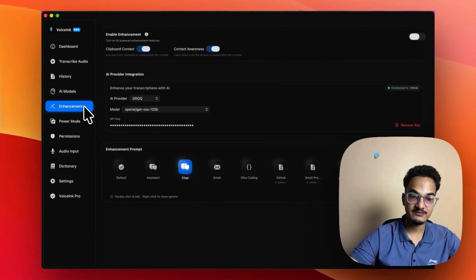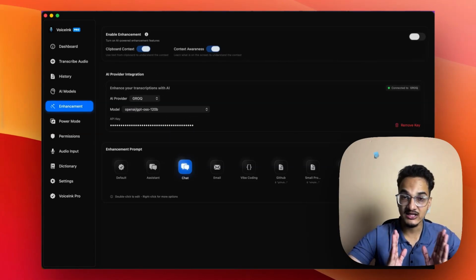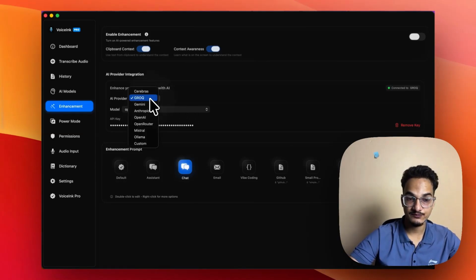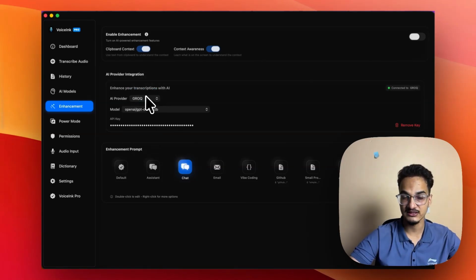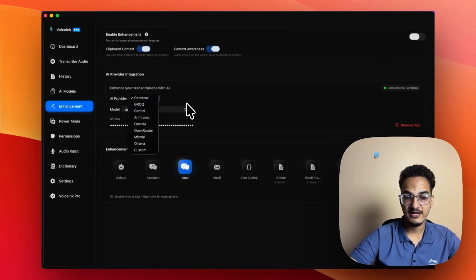Now, for enhancement, this is something that you need to understand, and this might be a big contributing factor that might cause slowness in the dictation. I personally use two providers, either Cerebras or Groq, because they have insanely fast inference. And I like to use the Groq open source model mostly because it is very good at instruction following. You can also try to